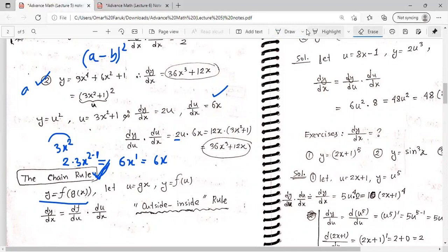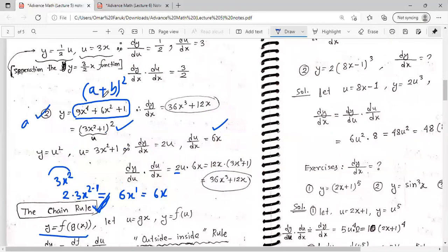So you see the steps. First step, we make it like a small form. It was the (a plus b) whole square rule. So I think you can calculate this. And now you have to find the derivative of this function. Again, here 3x squared plus 1 is the inner function, and we imagine this is equal to u, and the outer function makes u squared. So the derivative of u squared is equal to 2u, and this is our outer function.